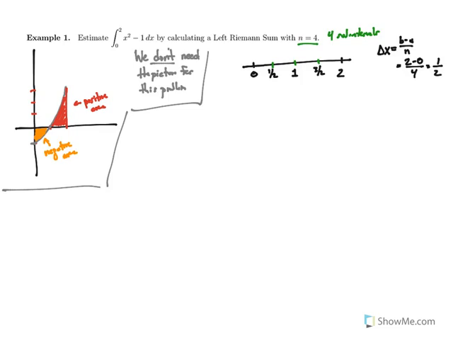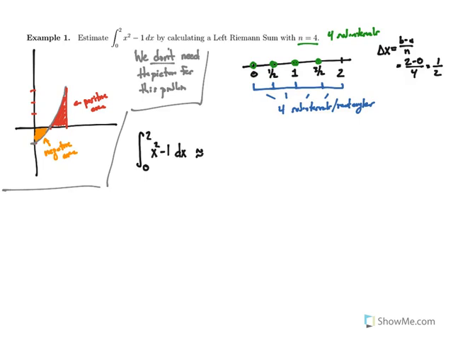So here we have 4 different subintervals. We have 1, 2, 3, and 4. 4 subintervals, 4 rectangles that we're looking at. And the left Riemann sum says that we're going to use the left endpoints of each of those intervals. So we're going to look at the first 4 points instead of the last 4 points there. And our left Riemann sum, we're going to say that this integral, the actual area,